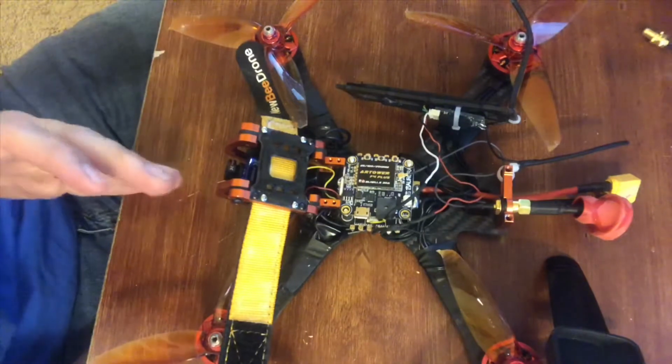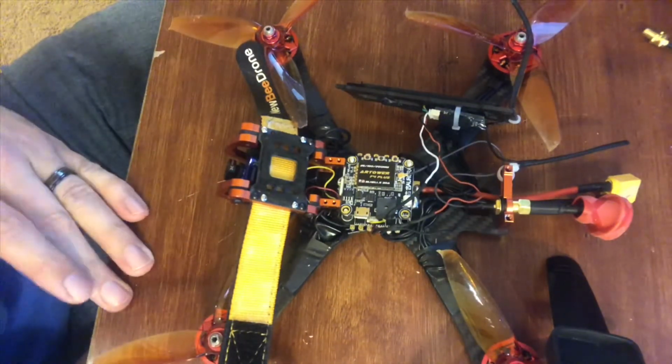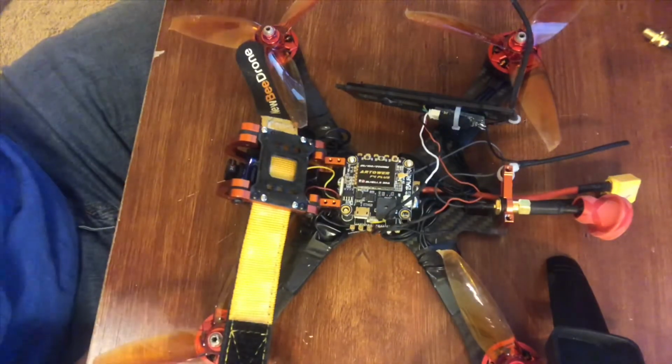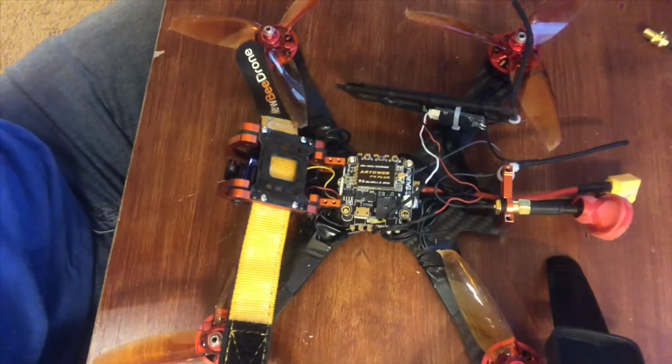Those things right there always cost me the most time when I'm flying, because I'm always tinkering. I'm like, I swear I had this right. I don't know. So just those little things are going to save you a ton of time. So yeah, I'll just go ahead and button this thing up, and